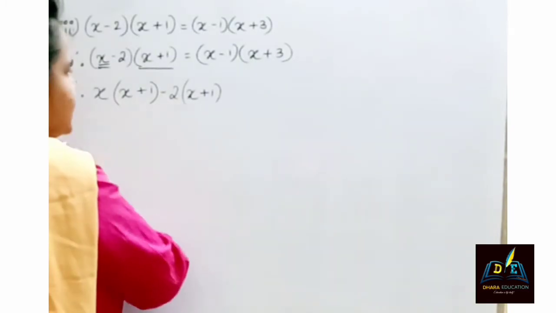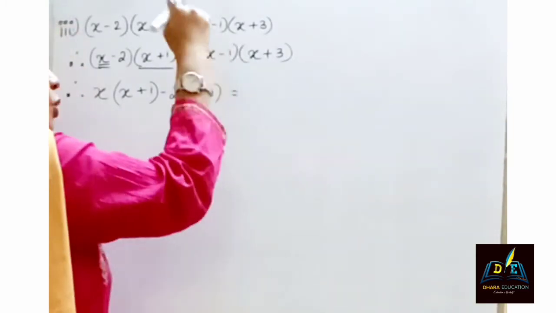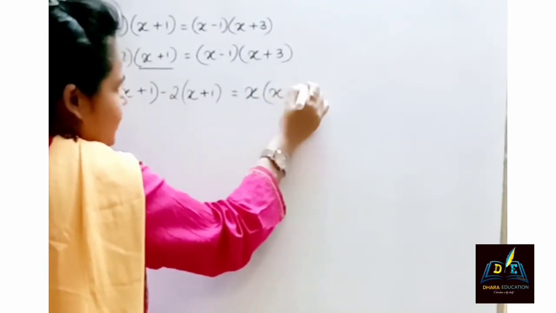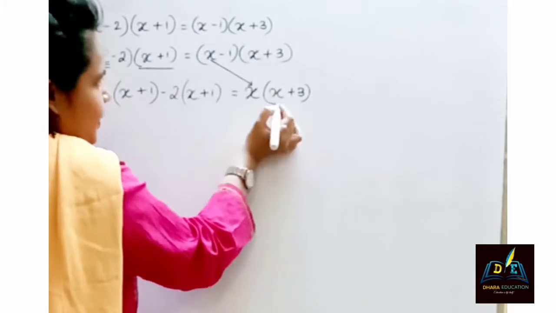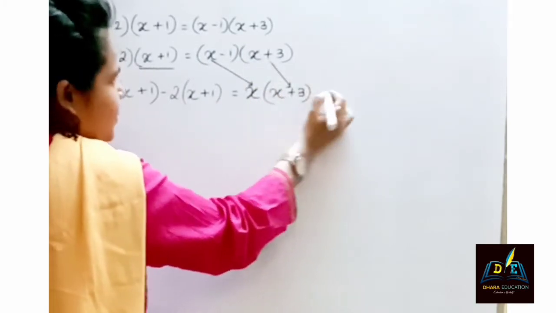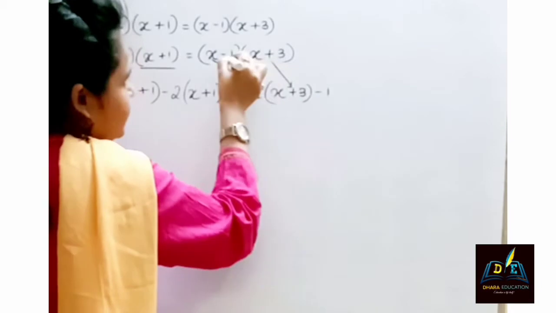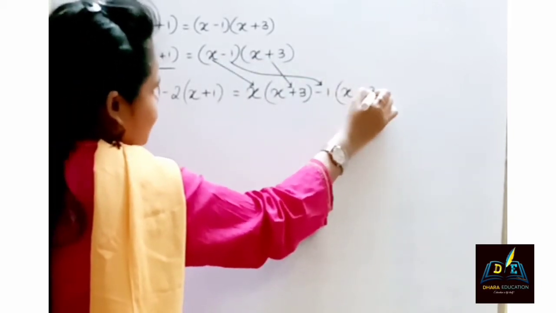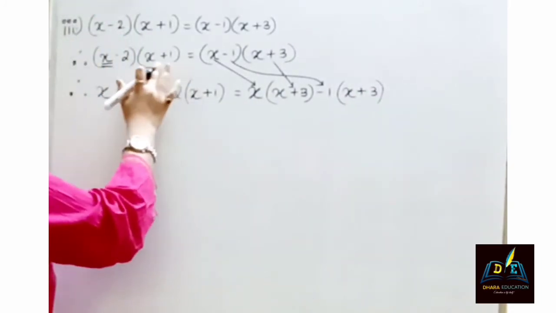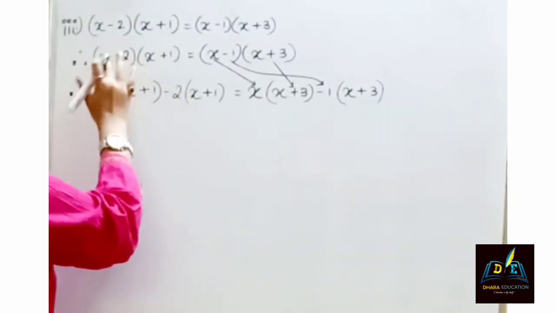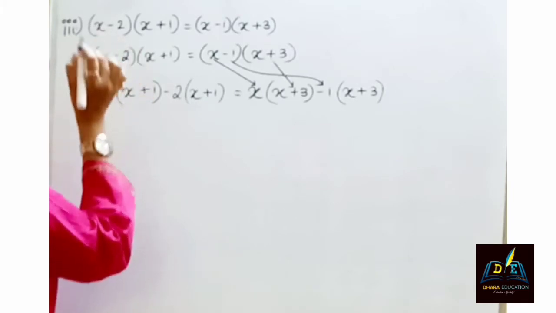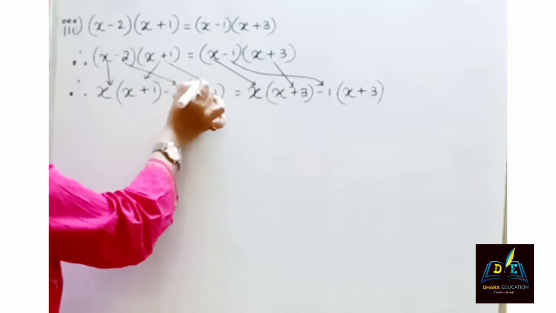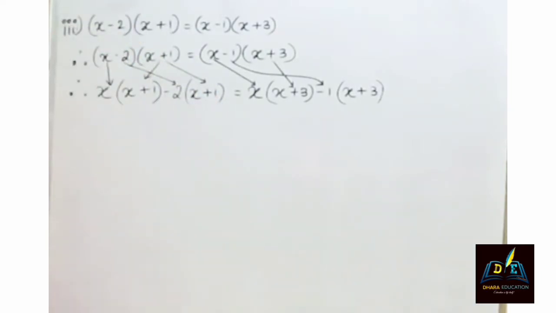Now it is equal to the same over here also, x plus 3. We have taken this x over here and then multiplied with this minus 1, which I have taken here, and then x plus 3. I will put the arrow so that it will be easier for you to understand. This x is here, this 2 is here, this is the same one, this is also the same one. Am I clear on this point?